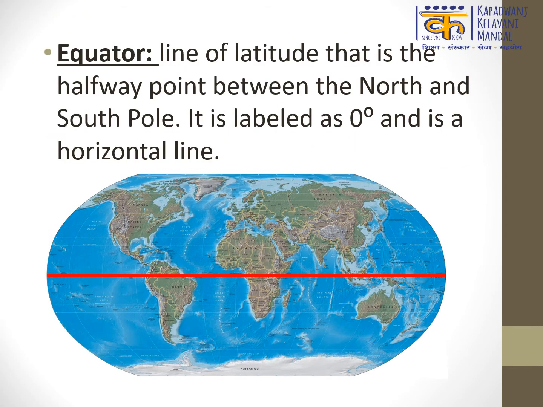What do you mean by equator? An equator is an imaginary line around the middle of a planet or other celestial body. It is halfway between the North Pole and the South Pole at 0 degree latitude. An equator divides the planet into a northern hemisphere and a southern hemisphere. The earth is widest at its equator.